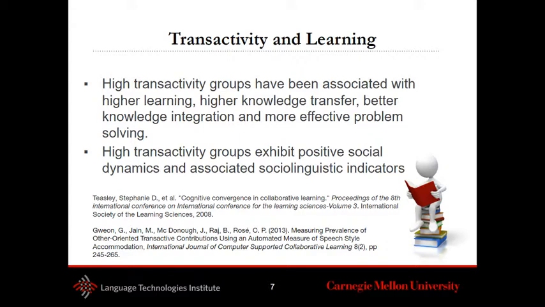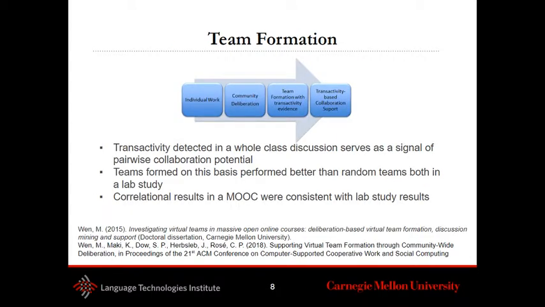And it's not surprising because in a Piagetian framework of learning where the construct of transactivity was first developed, the idea is that it marks places referred to as indicators of socio-cognitive conflict that are opportunities for potentially triggering a cognitive conflict. And the idea of a cognitive conflict in that framework is that it's more likely to arise in cases where there's power balance or mutual respect between the individuals who are interacting. And so we see that transactivity, importantly, has both cognitive and social underpinnings.